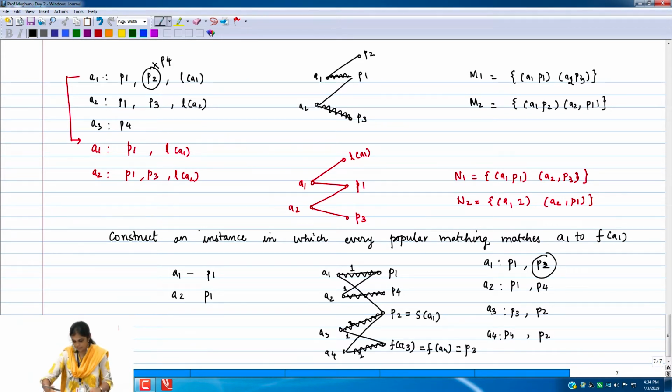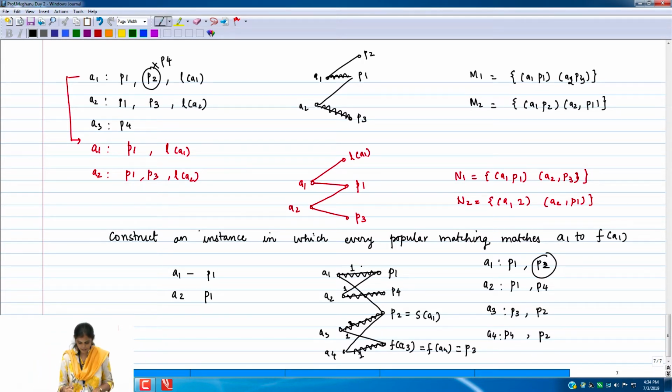I don't know if you are confused by this example. What I was trying to illustrate is that in this example, I have fixed that two people should share P1. Now I do have the full freedom to choose S of A1, right? But if I choose it to be a nice post which I can always get, which is either a last resort or some post whom nobody is interested in as my S post, then the matching can always match me along that. But that is what I do not want to do, right?